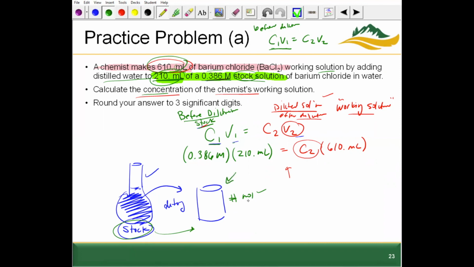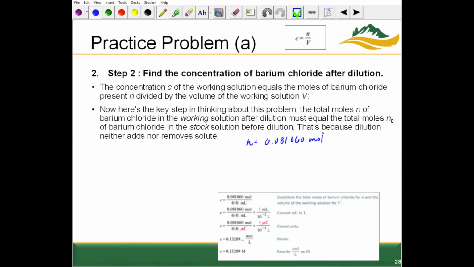We have the number of moles, and our volume is 610 milliliters. If we want to report this as a molarity, we need to convert this into liters. So we take 610 milliliters. There are again 1,000 milliliters in 1 liter. Milliliters cancels out. 610 divided by 1,000, moving the decimal over 3 times,